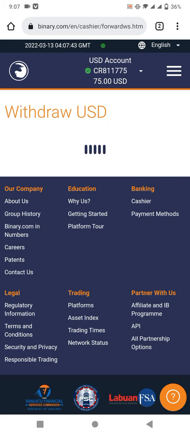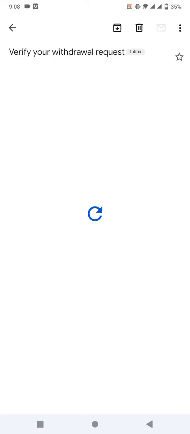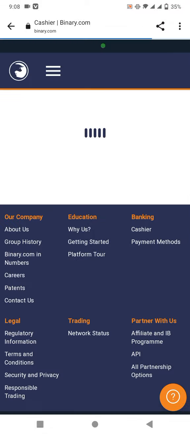They send me an email. Let's go and check the mail. Here, Binary just sent me an email. Look here, I'm using Deriv.com and I'm using Binary.com. They're all the same website. The interface is so cool, so because of that I'm using the old Binary.com website. The new one is Deriv.com. Just click on the link before it gets expired, and so the withdrawal of the profit is